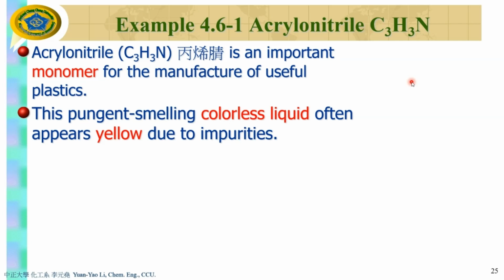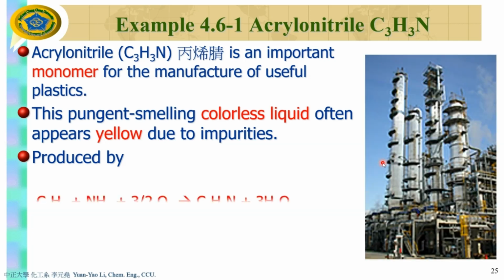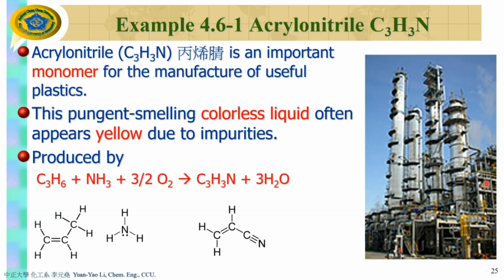Acrylonitrile. Acrylonitrile is an important monomer for the manufacturing of useful plastics. It doesn't smell good. It's a colorless liquid, but often yellow due to impurities. This acrylonitrile is used in mass production, so you need a lot of it to make these products. So the chemical reaction looks like this: